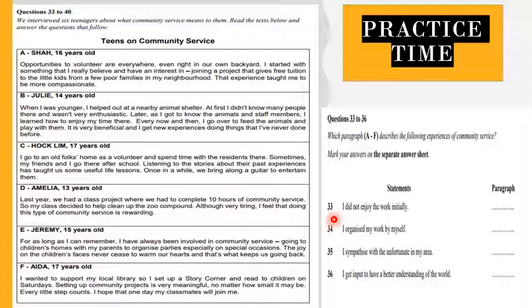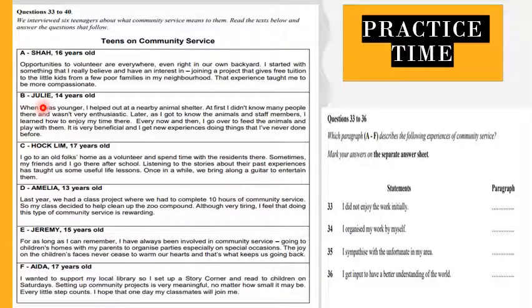Okay, question 33. I did not enjoy the work initially. So this is an important clue. I did not enjoy the work initially. And then you try to match this statement with the paragraph A, B, C sampai F. So let's try paragraph